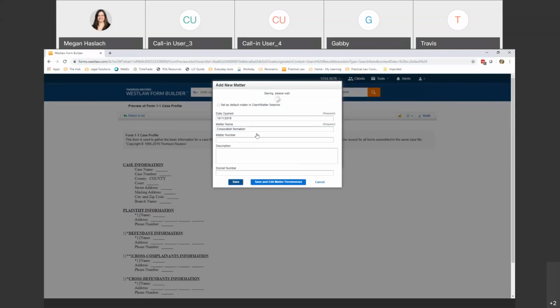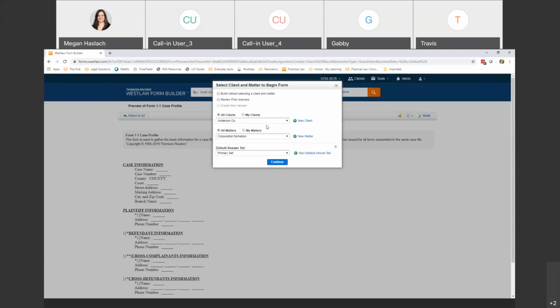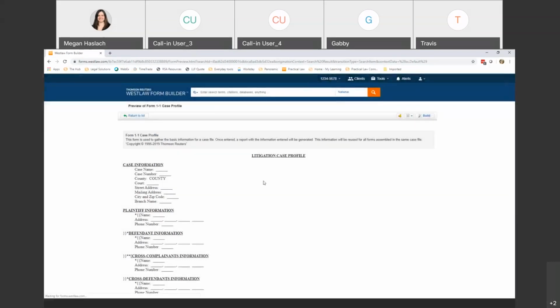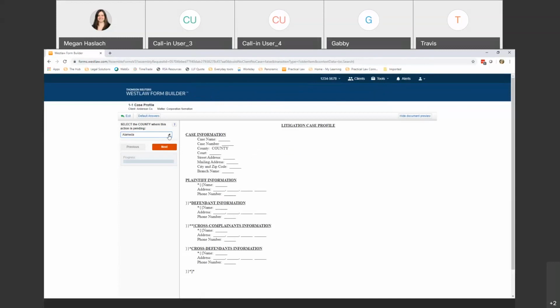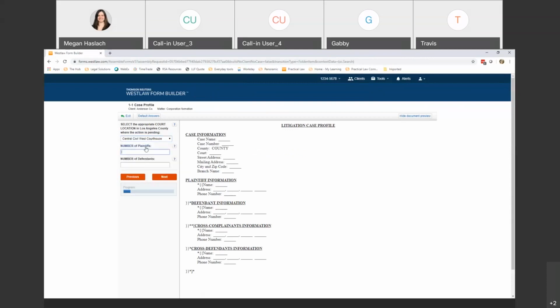So I'm going to go ahead and save my matter, and then it's going to bring me back to my client and matter selector here, but it's going to default back to the ones that I just created. So I'm going to go ahead and use those and hit continue. So now it's going to take me into a series of questions where I'm going to fill out my case profile. One thing you want to be aware of as you are answering these questions is that you do want to fill this out as completely as you can, and you want to answer the questions in order,